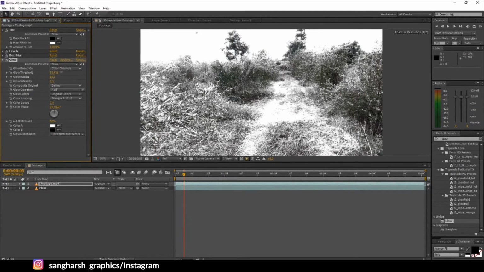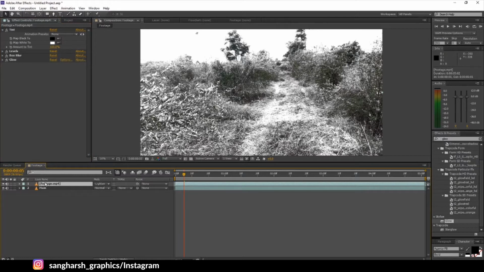Don't forget to use trial and error method. I'm just telling the process, it's all up to you how to manage it. This seems perfect for me now. In decreasing the glow intensity to 0.3. As you can see, in snowy areas the sky is not white as it's appearing here now, so we need to fix it.